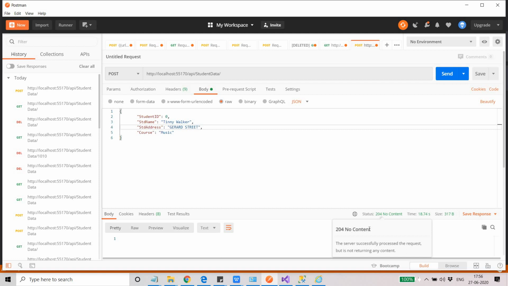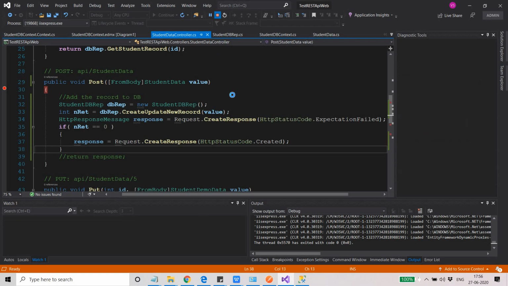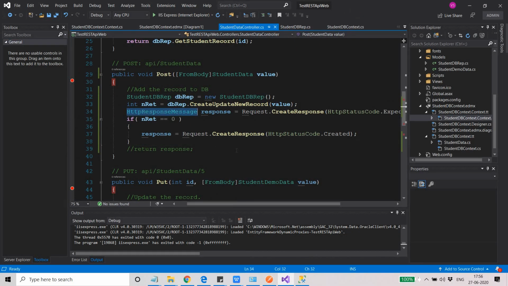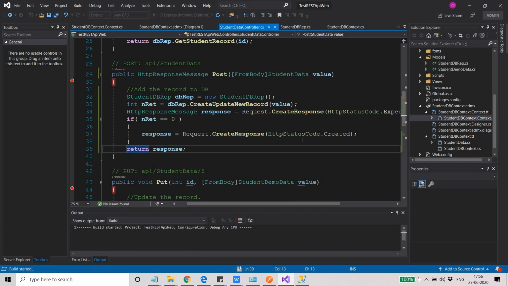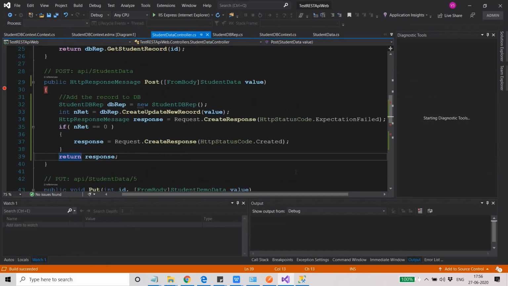Which is not good. We should be able to tell the client what the status of his request is, right? So what we can do here, just need to stop it before I do any code changes. I just need to add this response type as the return type here, and I just need to uncomment this return, right? Let's run it again,